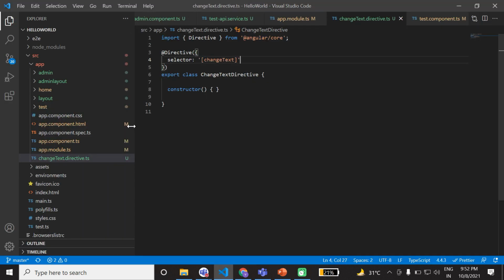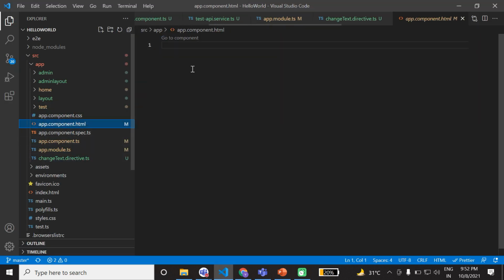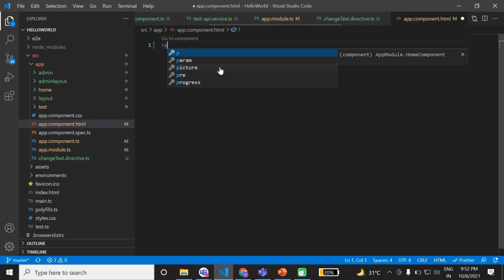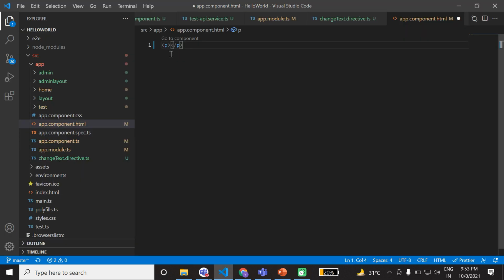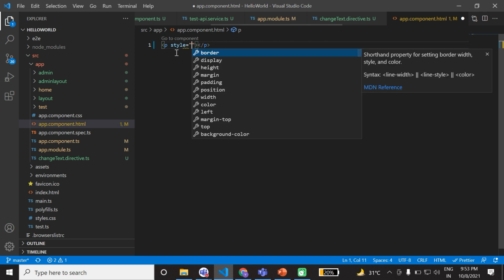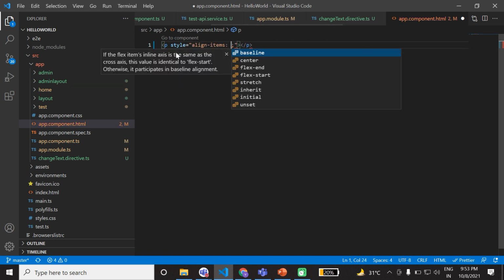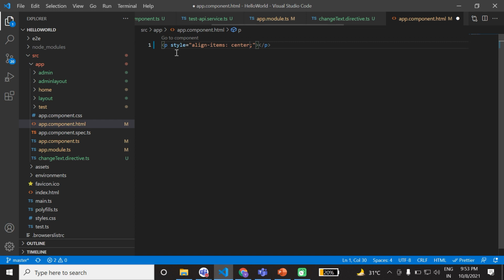Go inside your component. Suppose I'm using the app component here. I'm using a p tag, and inside we provide the style, display flex, align items center.